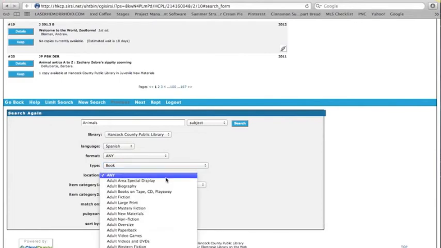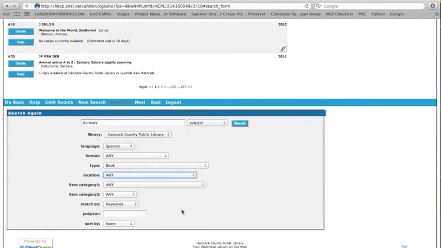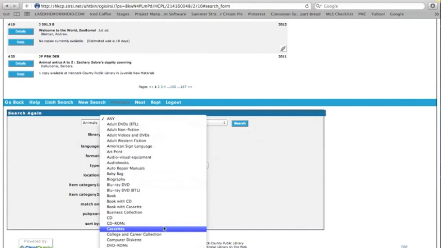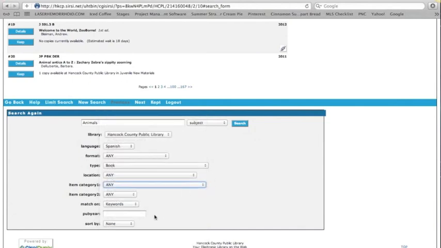There's also a location, and this is within the library. It's not choosing another library, so if you want adult biography, it'll give you that section. But I'm just going to keep that with any. And category 1 and 2, you can choose audiobooks or biographies, baby books, stuff like that. You can also sort by author, subject, title, relevance, old to new or new to old, and we'll just keep that on none. If you want a book in a specific year, you can type that in. Click on search,